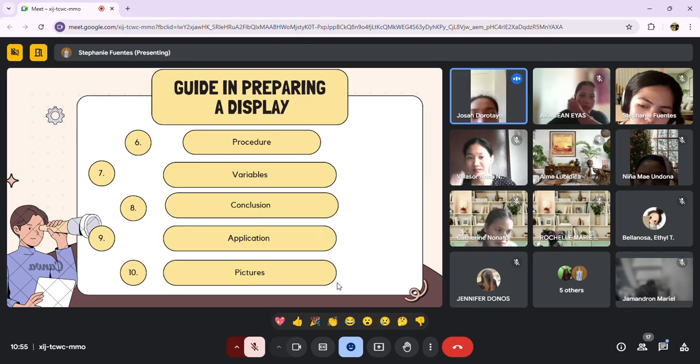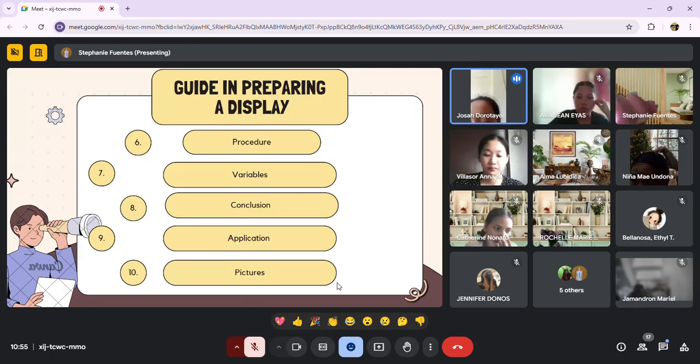Seventh one is the variables. It is the step by step process you incorporated in the experiment. The eighth one is the conclusion. It is the part of the experiment that will stay the same or that will be tested. Because there are other exhibits that are changeable, some just stay the same.